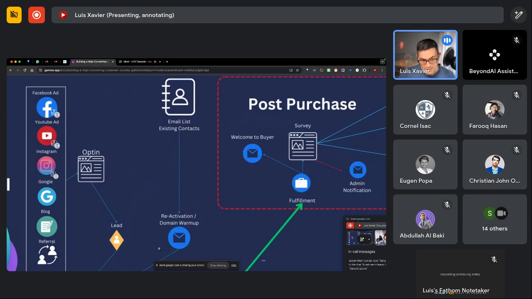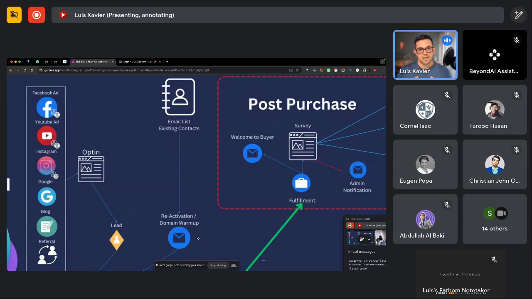The idea behind the warm-up is that we're going to send one email to the entire list, but we're going to do that slowly. In the first day, we send to, say, 50 people. The next day, we send the same email to another 100 people, and we keep doubling that until we reach the entire list.